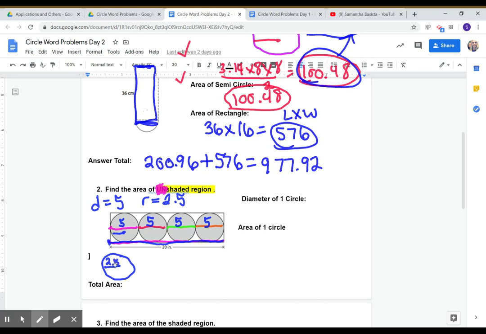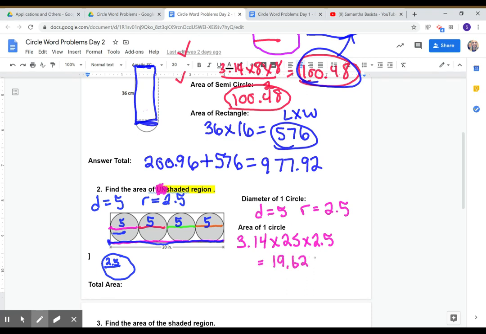So let me fill this in actually before I keep going. So the diameter of one circle was 5. So that means my radius is 2.5, right? So let's find the area of one circle. 3.14 times 2.5 times 2.5. Area of one circle is